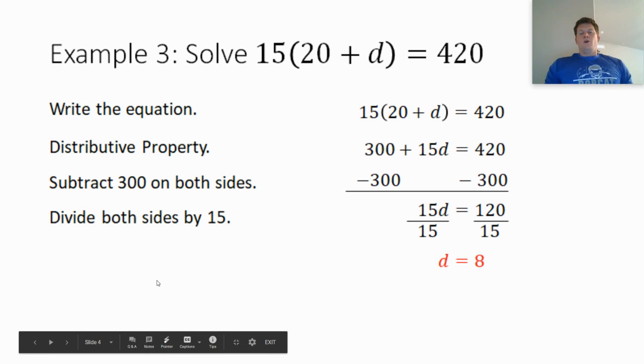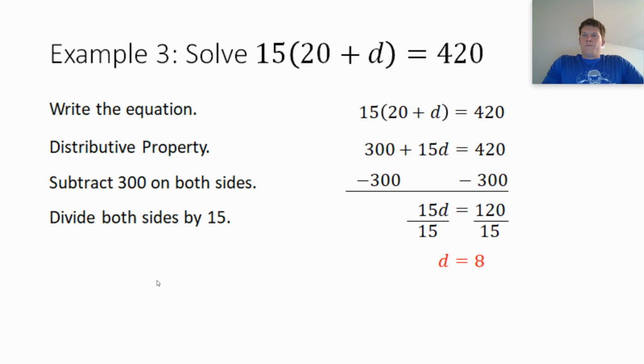So let me go back. There's example number 3. So really the only difference from what we see here is that whenever we see parentheses and just a number out there, no operation, multiply. Multiply to everything inside. This time we only had 2 things inside. But I'll tell you right now, in Algebra 1, we're going to see problems where there's more stuff on the inside, more terms inside parentheses. No big deal. You just multiply it by everything from that number on the outside.